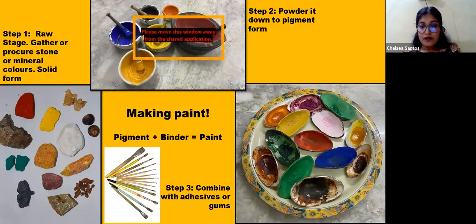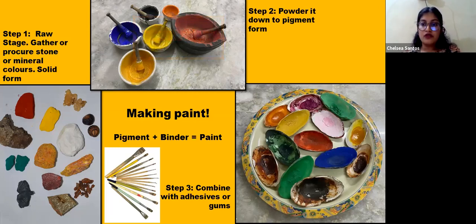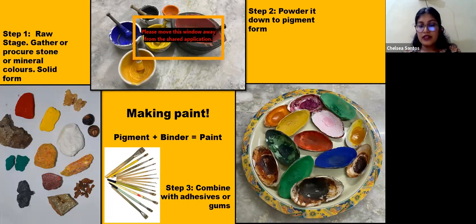And so it's powdered down, and then it is combined with a binder, which would be an adhesive or a glue, plant-based gums. If you don't need the paint to be too strong, you could use a plant-based gum. But if you need it to be stronger, you could use, say, fish glue, or if you need it stronger still, you could have animal glue, but mostly plant-based gum will do. And so you combine the pigment with the adhesive or the binder,